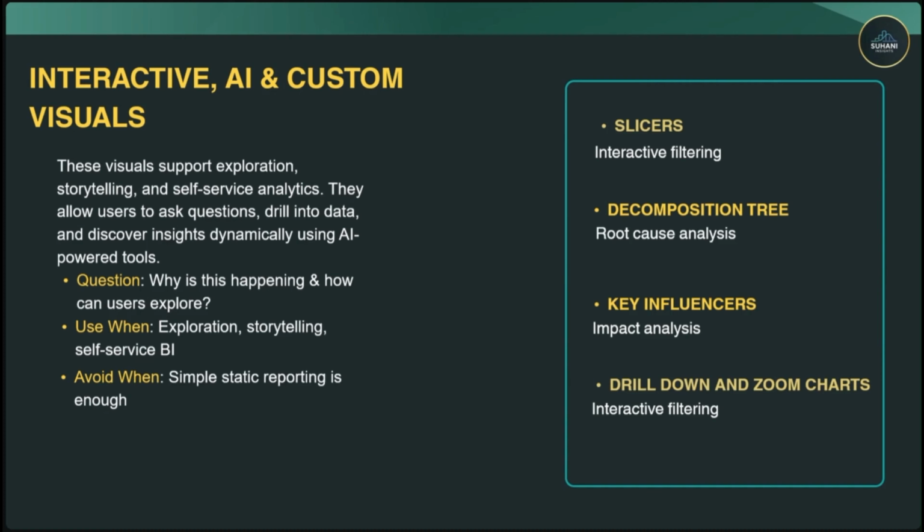If there are 4 regions or 3 or more products, then we can use them to analyze the whole dashboard at a glance. Okay, the decomposition tree, where we can analyze the root cause, like, okay, this is the total, out of which these are 4 regions, which region has this much products, and it can be analyzed with the help of high value and low value.